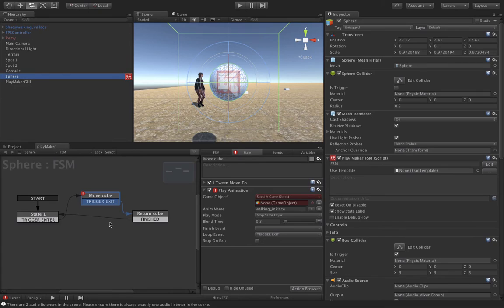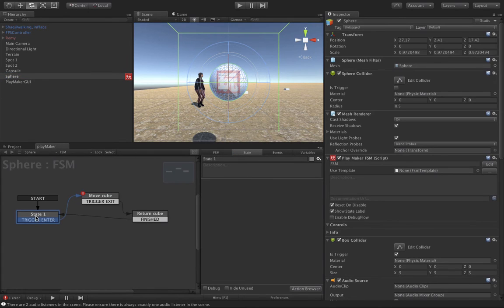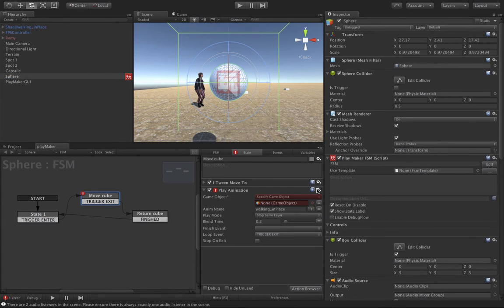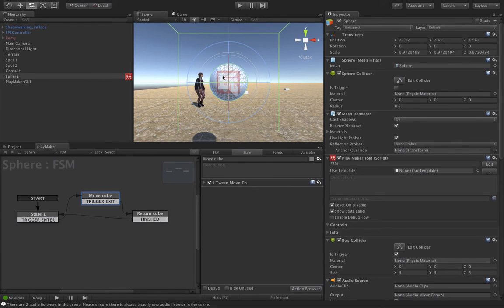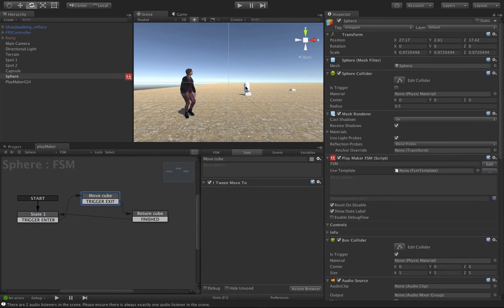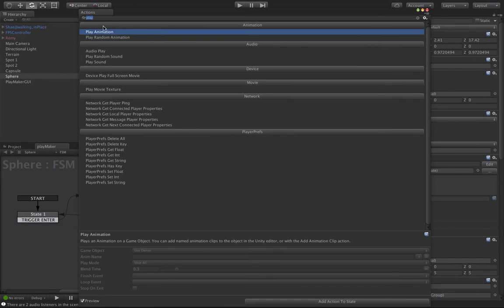There we go. And you can see I have state one, trigger enter, and I had already added this, but let me just remove it. So you want to then, I have an iTween already that's actually applied to the pill, but I want to add an action for playing animation. So you go here and you choose play animation, you add that action to the state,